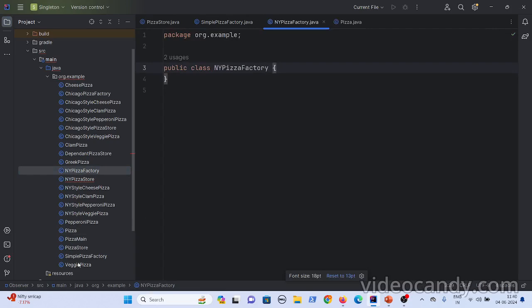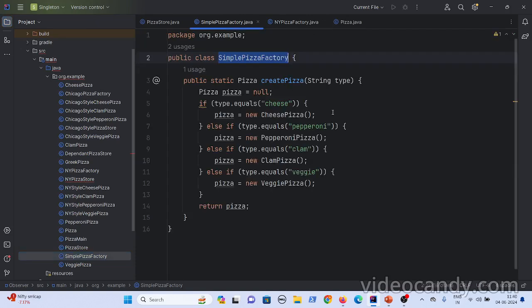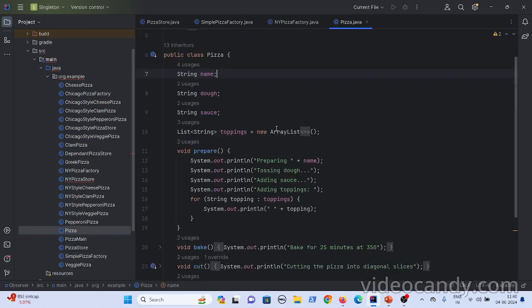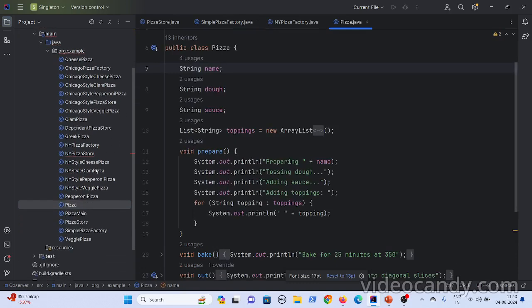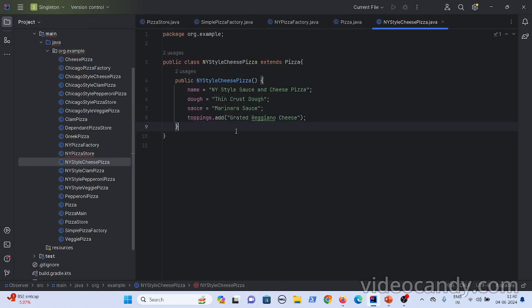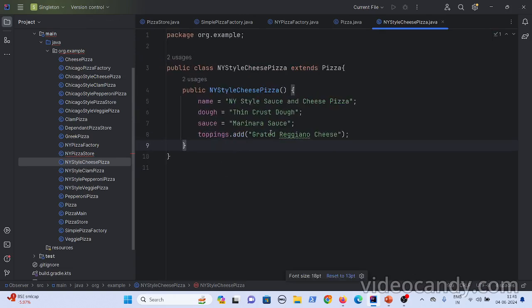So whatever logic you have in the simple pizza factory, you can put the same logic in the New York pizza factory as well. But the pizzas that are getting instantiated are different. So the pizza item is the same, okay, but if you consider the cheese pizza, in the New York style cheese pizza, they will add grated cheese as a topping.